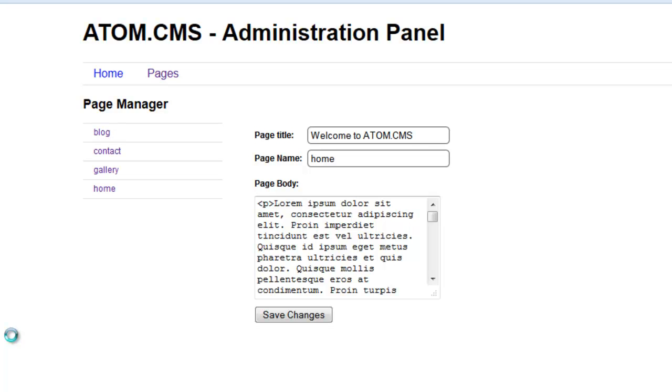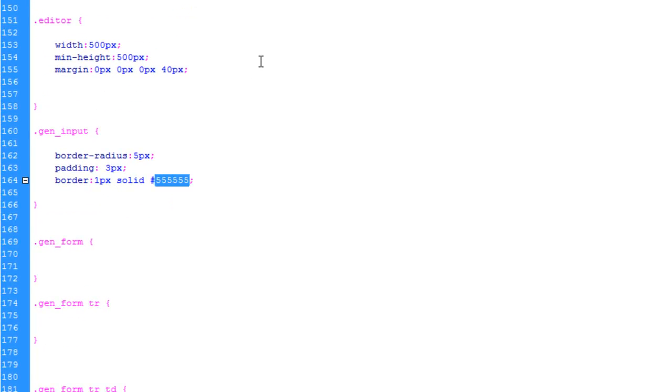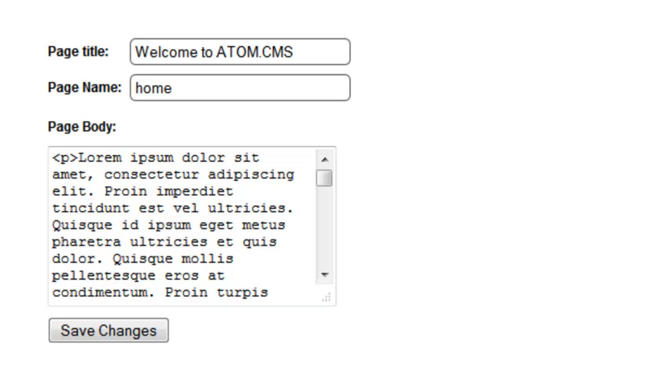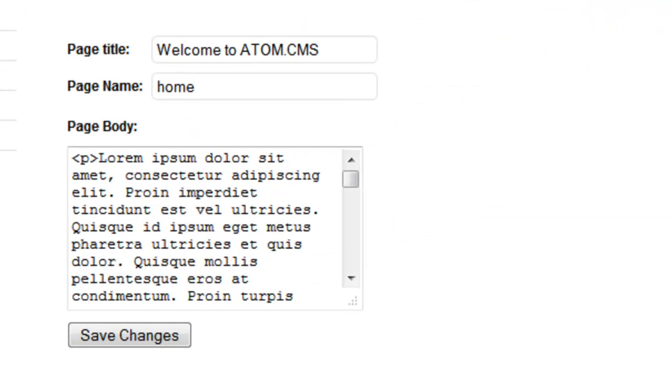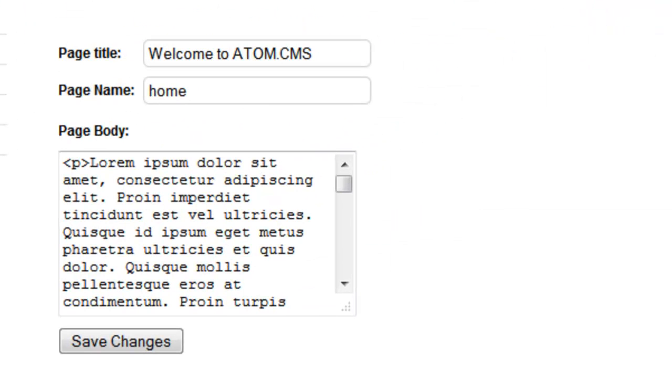Alright, so the roundness is pretty much where I want it. We might tinker with that later, but this border is way too dark. I want that lighter, so I'm going to go the opposite way, and let's do something like DF, DF, DF, and that'll be a lighter shade of gray. There we go. That's a little better. Let's darken it up just a tad. Save and upload. There you go. We'll stick to that for now, and that'll look a little better once the WYSIWYG is in,